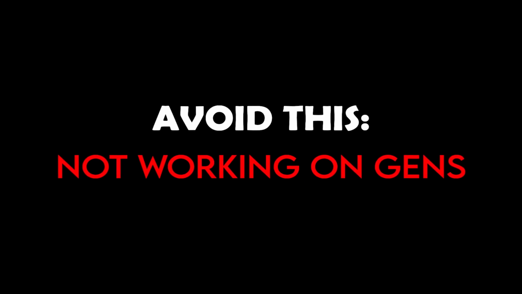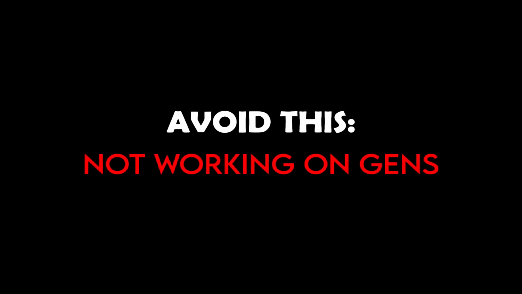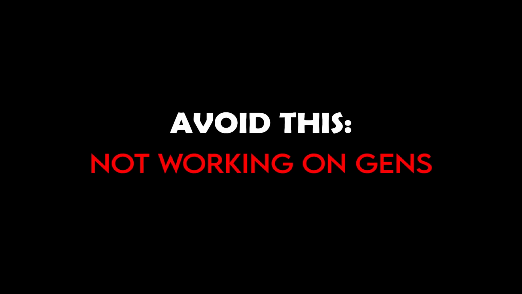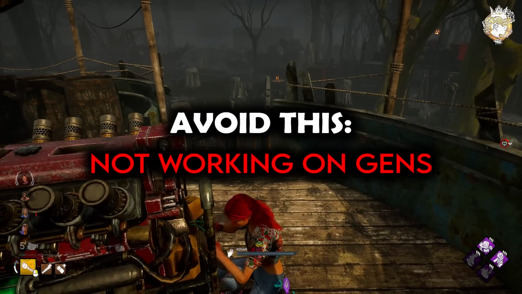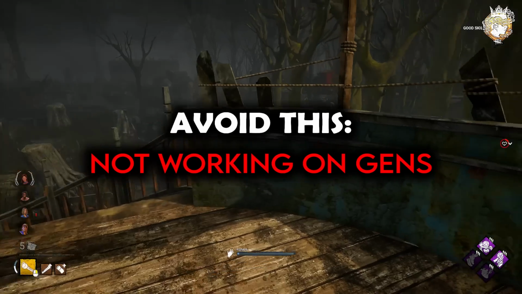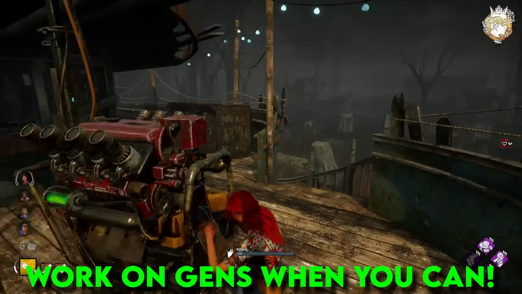Sticking on the category of generators, the next tip is to make sure you're constantly working on those gens and you're not really doing other things. A lot of the time when I'm playing, I see survivors that are either constantly booning totems, moving around, or looking for new items, or just walking around all willy-nilly. Time is of the essence. You need to be working on these